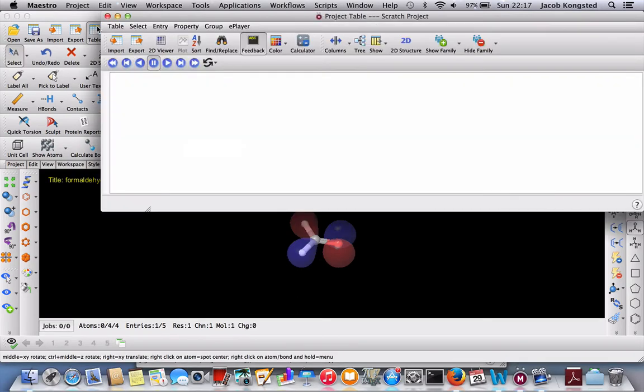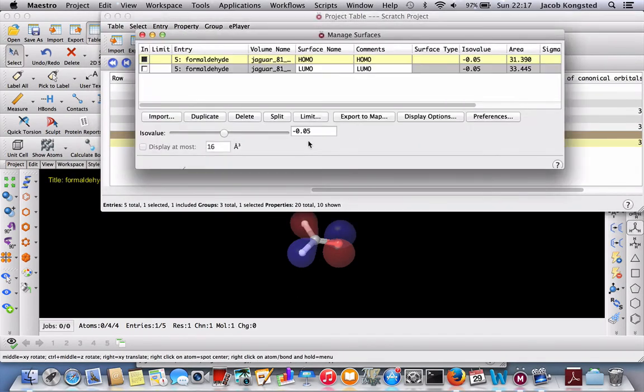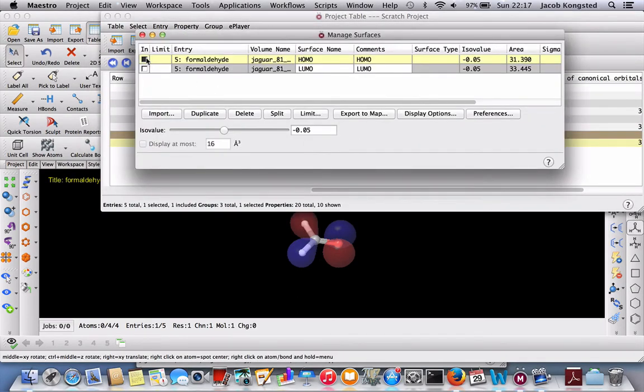Let me go here to the table. I can click on the surface tab here, and I can see that what is visualized here is actually the HOMO orbital. Let me zoom a bit into this HOMO orbital. By doing this I can see that effectively this HOMO orbital is a lone pair orbital on the carbonyl oxygen in formaldehyde.